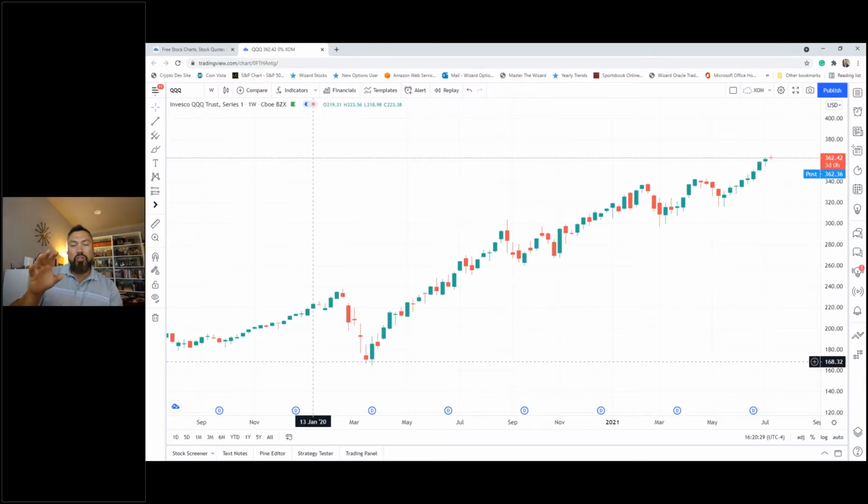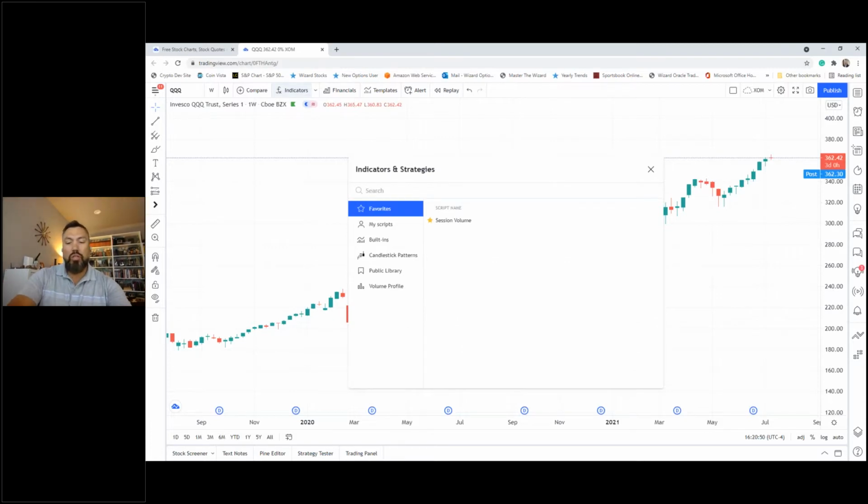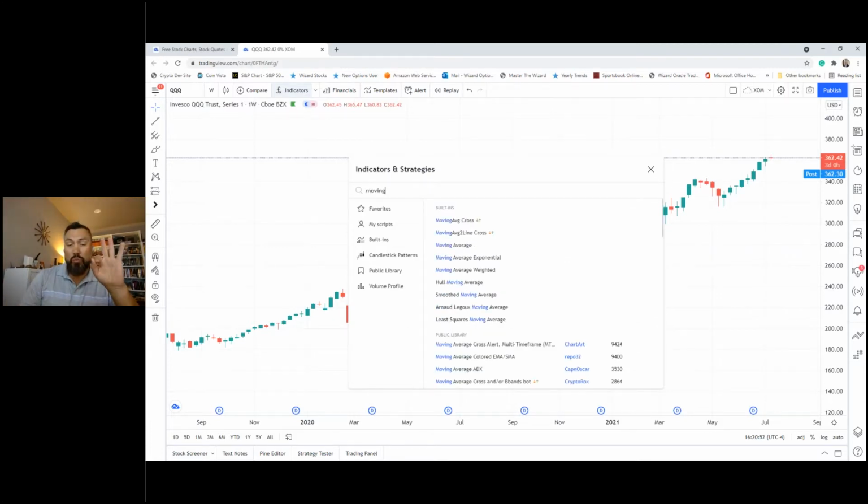So rather than hunt and peck and beat ourselves up and spend all this time and energy learning how to be a master technician of charts, let's incorporate some simple math-based trend indicators. And one of the simplest to use is a moving average. I'm just going to use a very simple moving average. We're going to use 3 in total, but I'm going to start by describing one of them. Then we'll start to add on and build a simple template so we can identify the market with a clear lens.